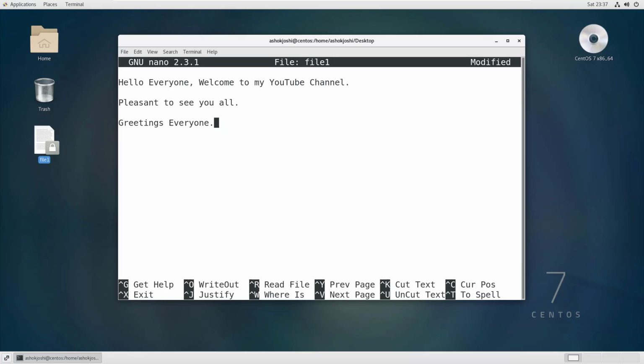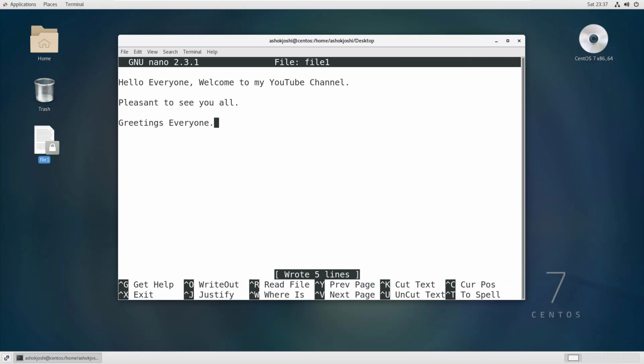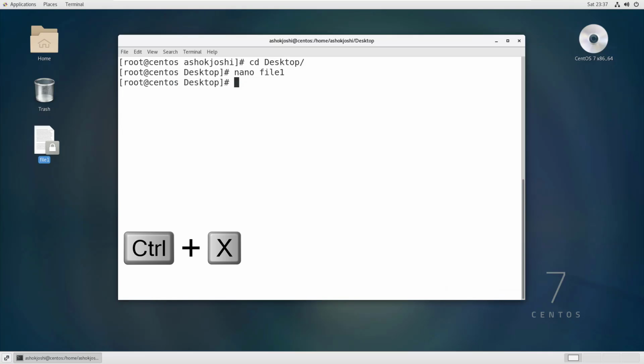What I will do now is write out and hit enter, and I will exit out of this Nano Text Editor. So how to exit? If you come down, you can see here X. If you hit Control X, this will exit out of Nano Text Editor.